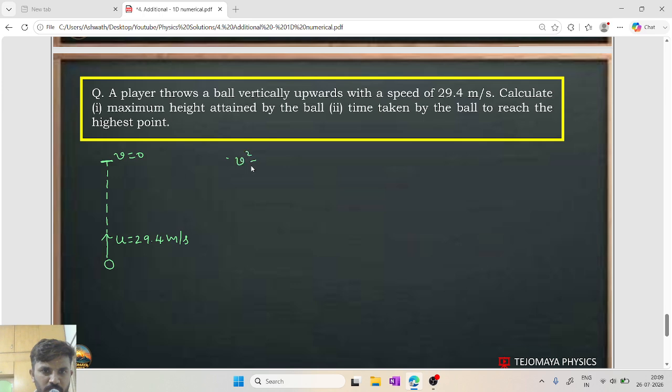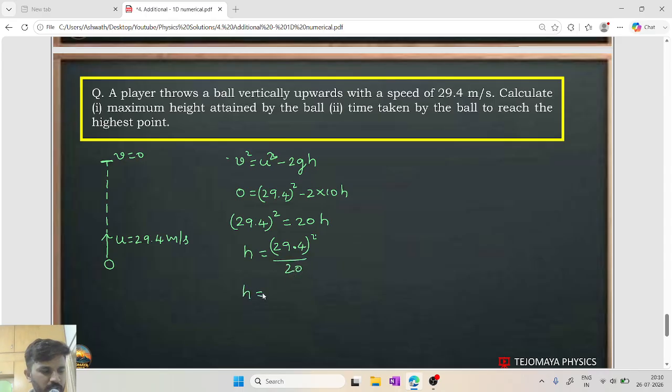So we can use v square is equal to u square minus 2gh to find the answer for this. Final velocity will be 0. Initial velocity is 29.4 whole square minus 2 into 10 into h. So 29.4 square I will take to the left side, it will become negative. So negative negative get cancelled, you will be having 20h. So 20h is 29.4 whole square divided by 20. h is equal to,